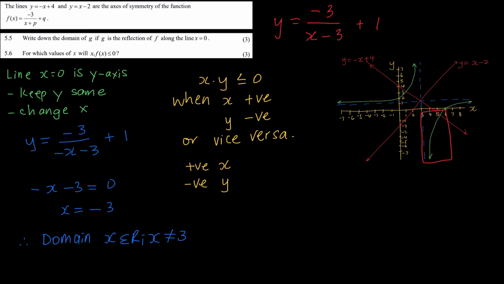So we can write out an inequality to represent that region. We can say that x must be between 3 and 6. And remember, it can be equal to 6, but it cannot equal 3 because 3 is the